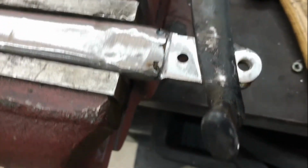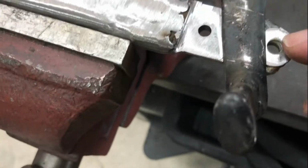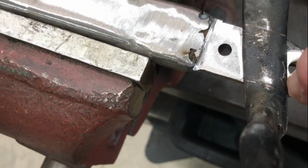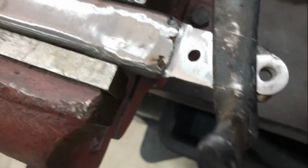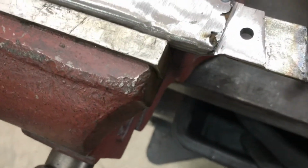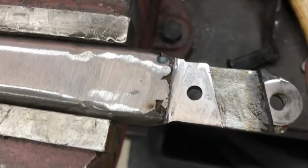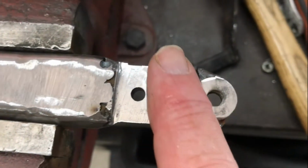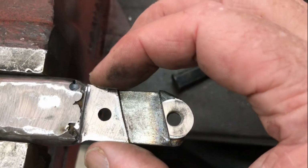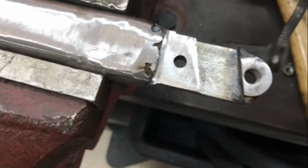Okay, I've welded this piece on the end here and the washer on top, and you can see how this line across here and that line, they're not parallel. I'll take the pedal out. I've formed this neat groove here that, with the fixed piece at the top and the welded piece on the bottom there,